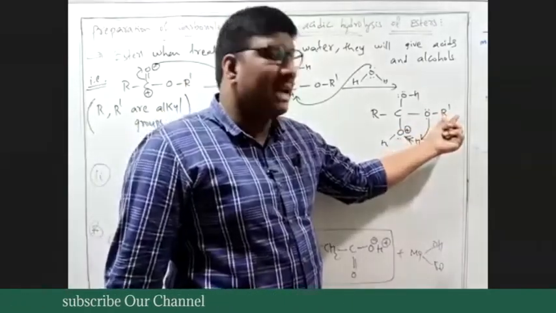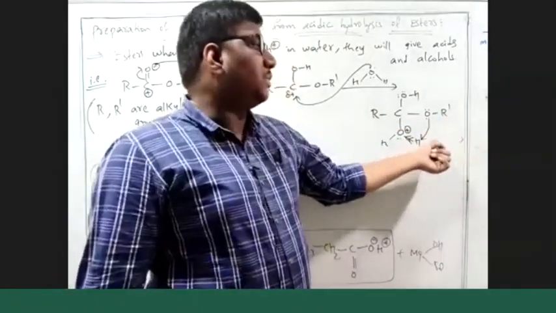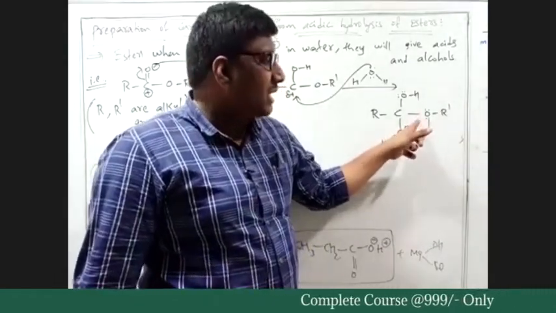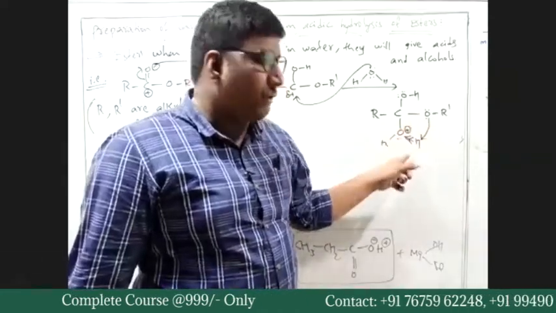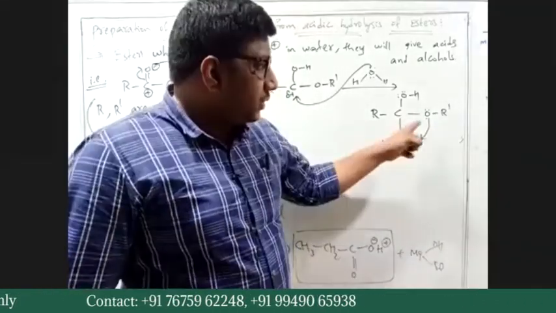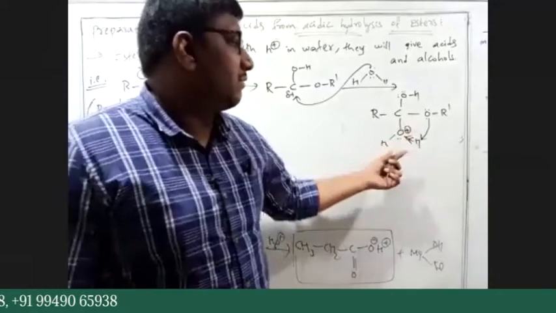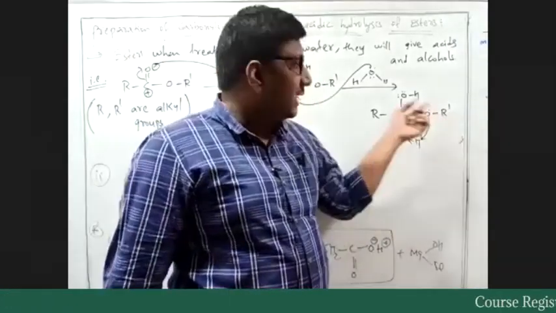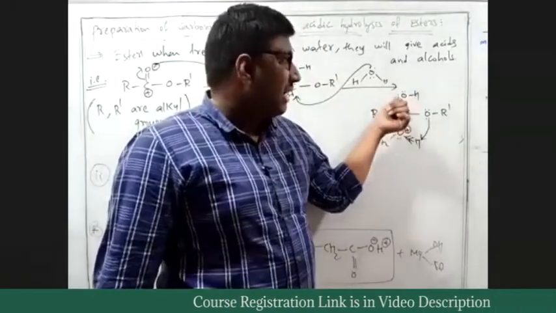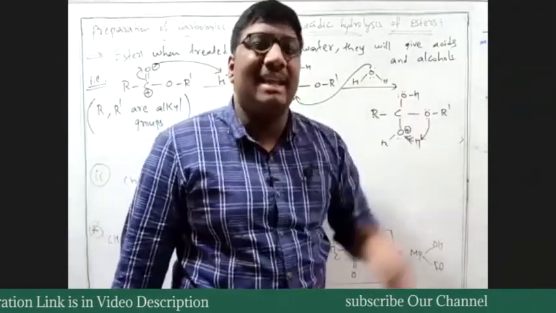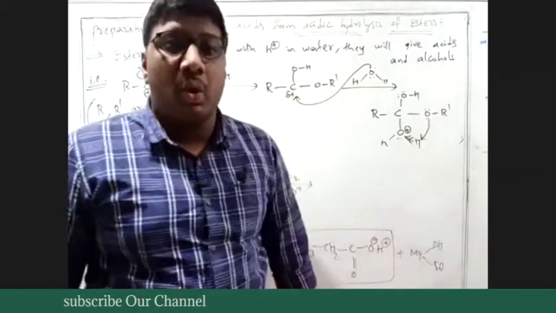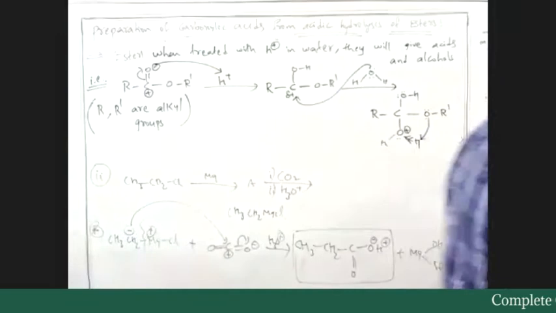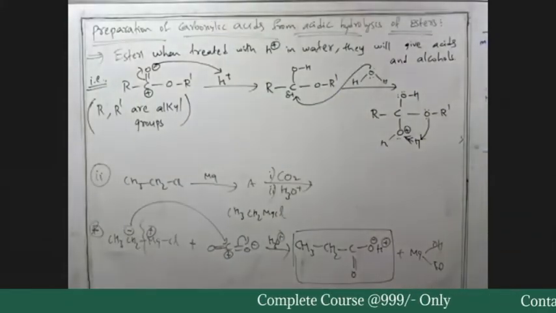This R dash is an electron donating group. So this R dash increases the electron density on oxygen. So more electron density on oxygen, the faster the attack would be. So this H plus from OH2 plus will be attacked by OR dash and not by OH, because here we have comparatively less electron density when compared to OR dash. I think it is clear now. Is it clear now?